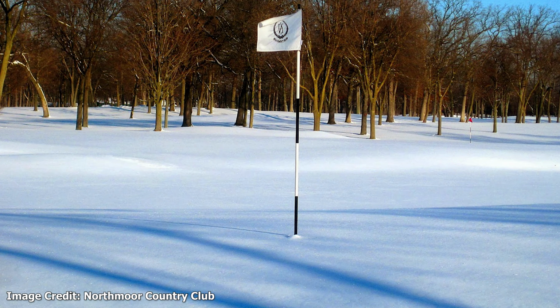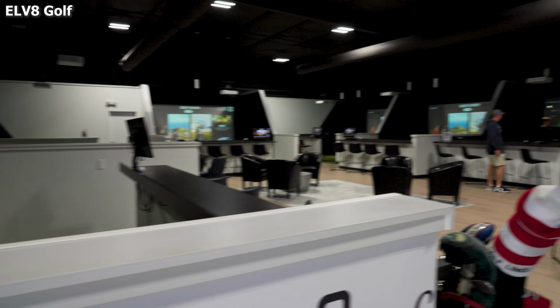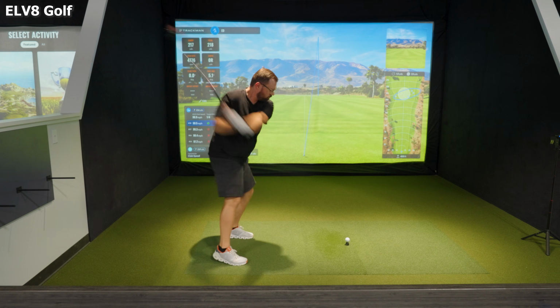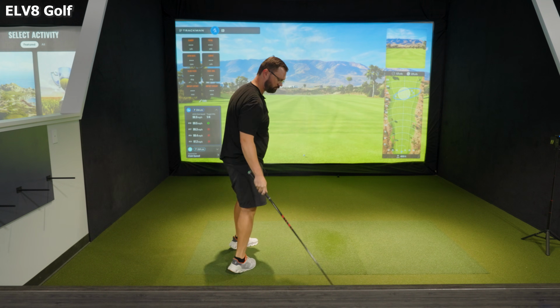It's great to play golf outside. That's our favorite place to play it, but sometimes the weather doesn't cooperate and you've got to play inside. Luckily, there are golf simulators popping up all around the country and the world, and it's a great way to practice. We have a great studio here, but the thing is, a lot of people have no idea what numbers to